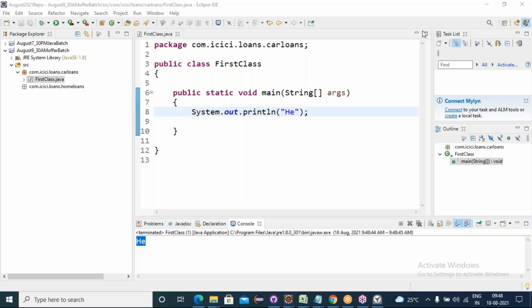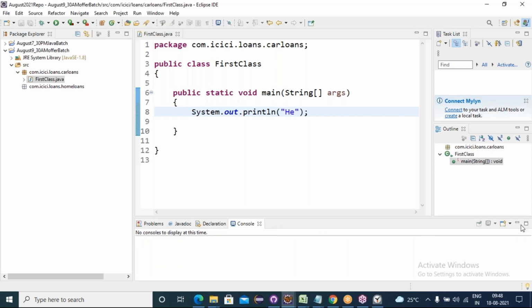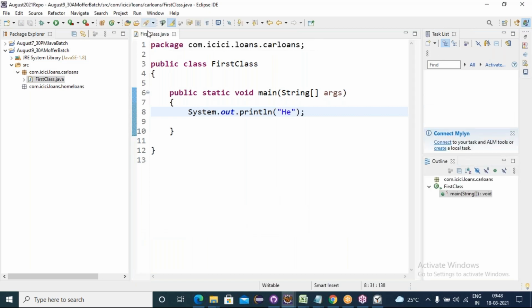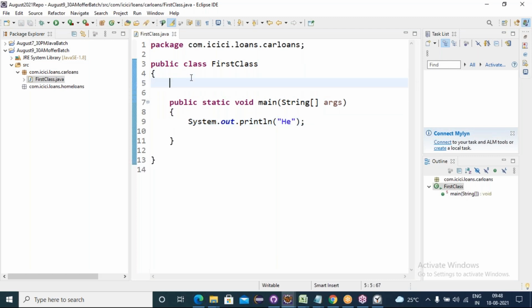Now today we are going to discuss what is a class and what is an interface, with a detailed explanation. Fine. Okay. Now, what is a class? A class is a plan or a template or a blueprint. Anything we can see. A class is a plan, a template or blueprint.